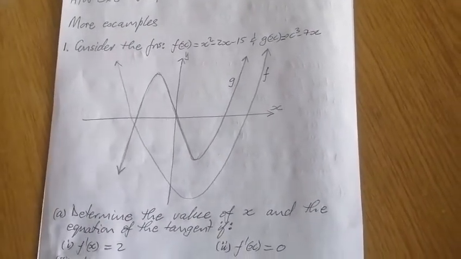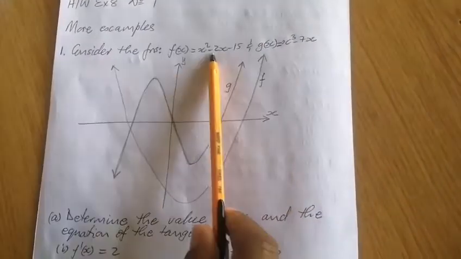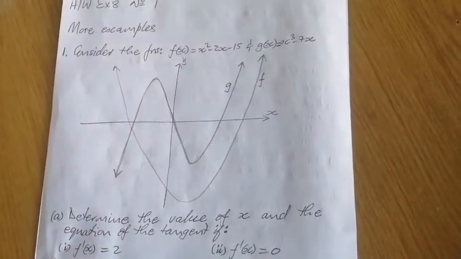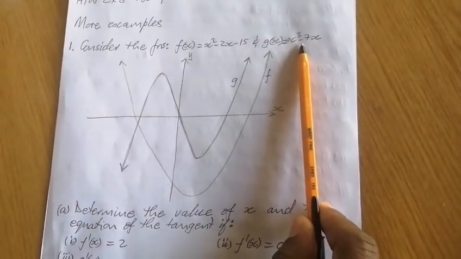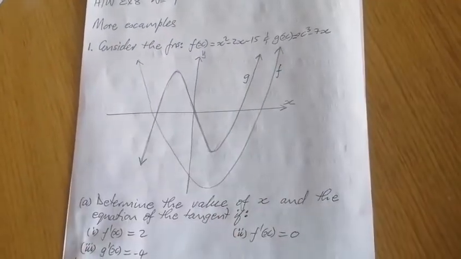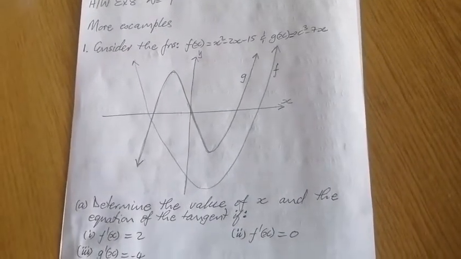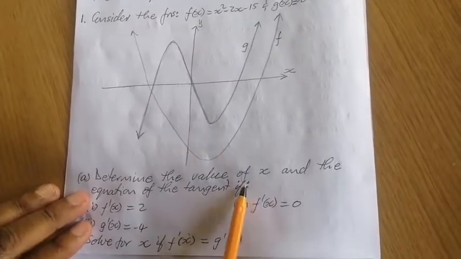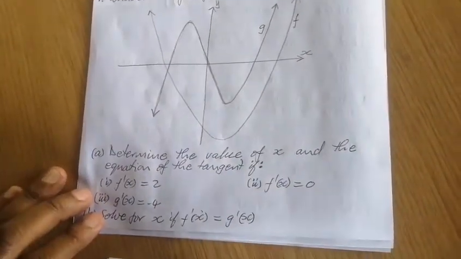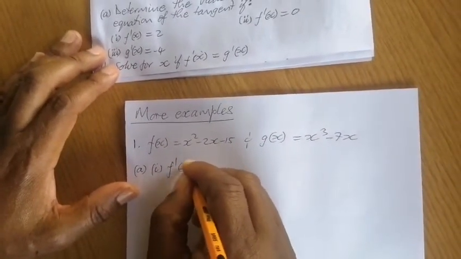Now the graphs are done for us. This is f, which is the quadratic function, and this is our g, which is the cubic function. These are drawn on the same set of axes, as you can see. But we need now to answer the questions that are written here. Determine the value of x and the equation of the tangent if, part 1,